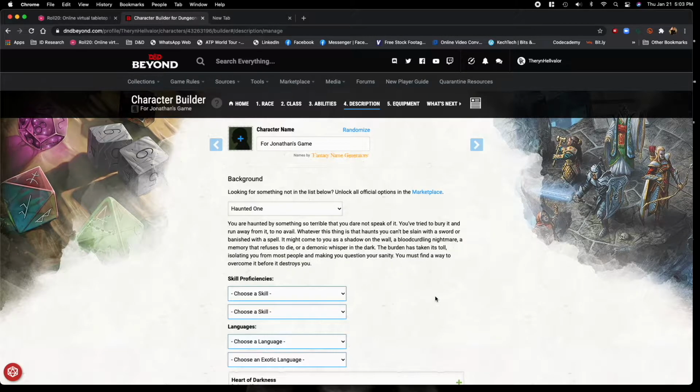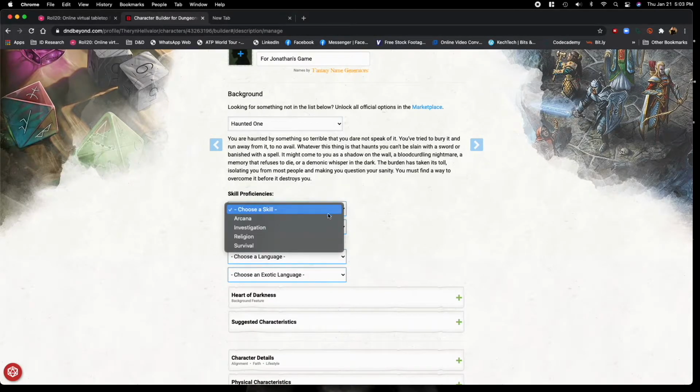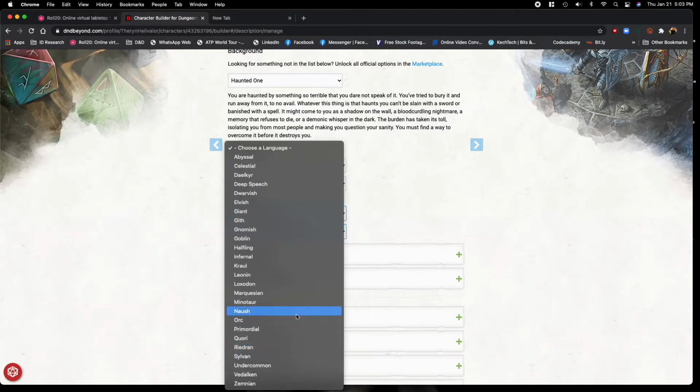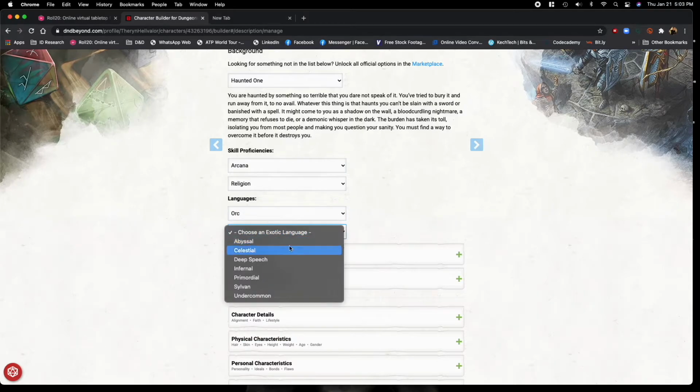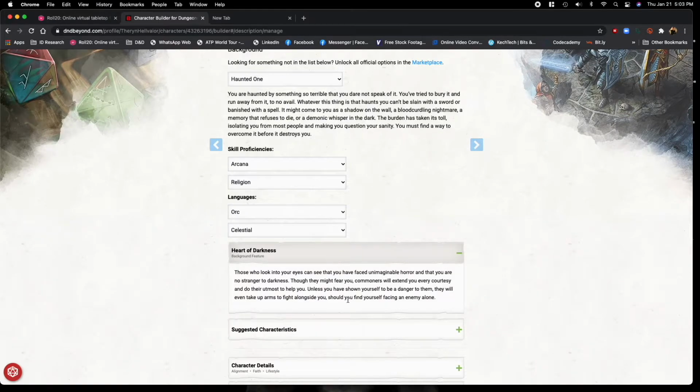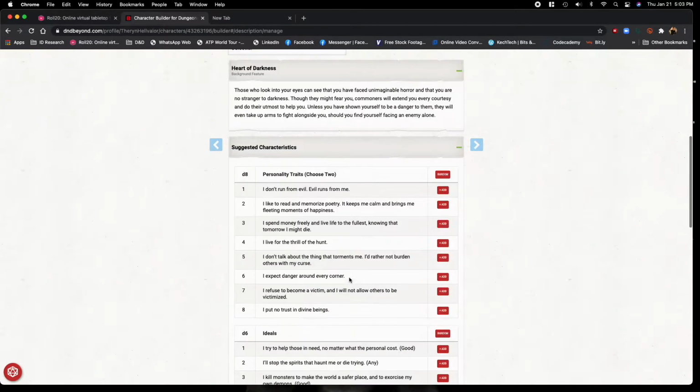I did something really bad and it just haunts me. And so what I'll do is Arcana as my skill proficiencies, and maybe Religion. And then I can choose my languages here. And it just goes through when you make the selection. And if I want, I can just add some suggested characteristics, randomize, or I can add,